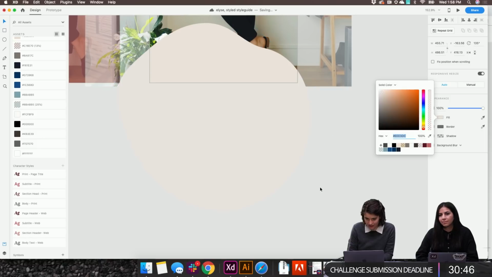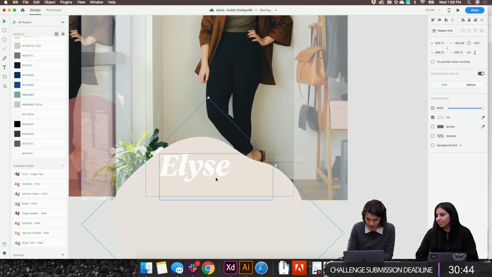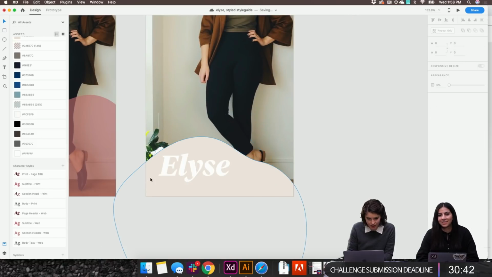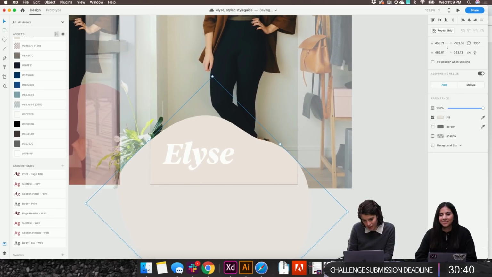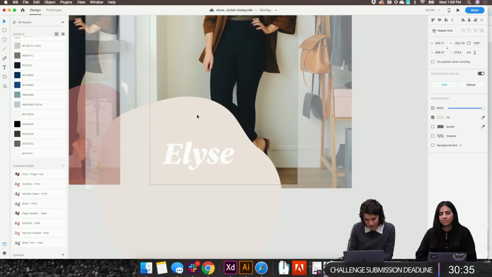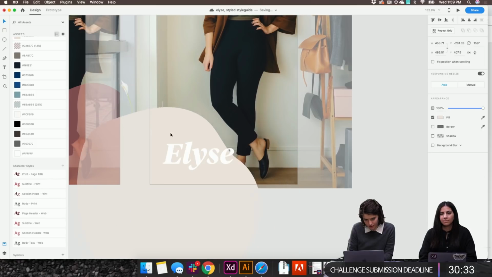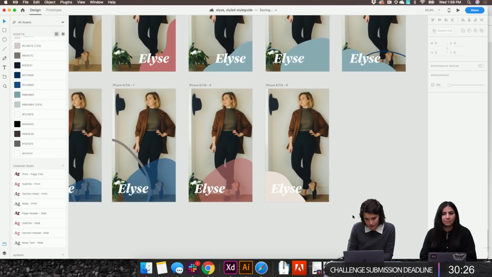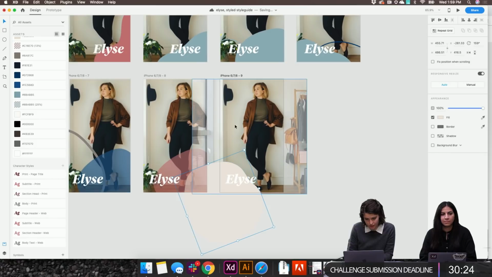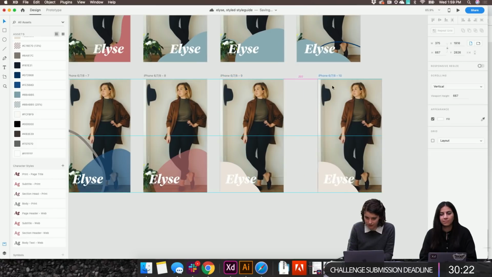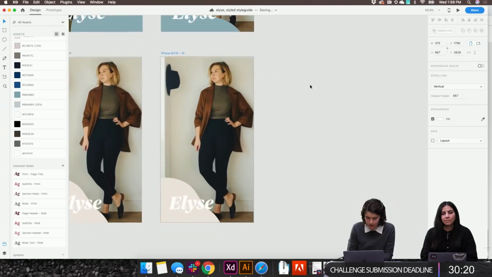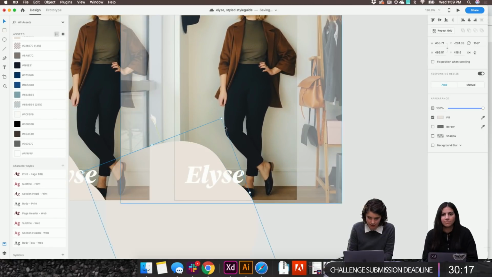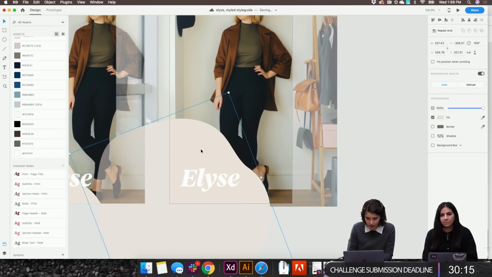I'm going to use this cream color. I haven't been using that much. I like that color a lot. Yeah, that's feeling good. I'm going to play with this for a second. Making this much bigger.